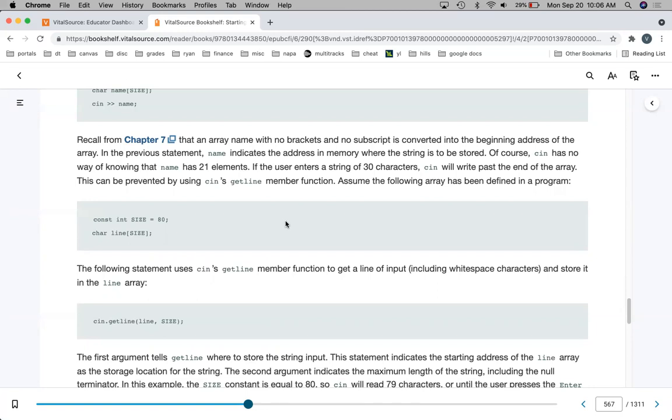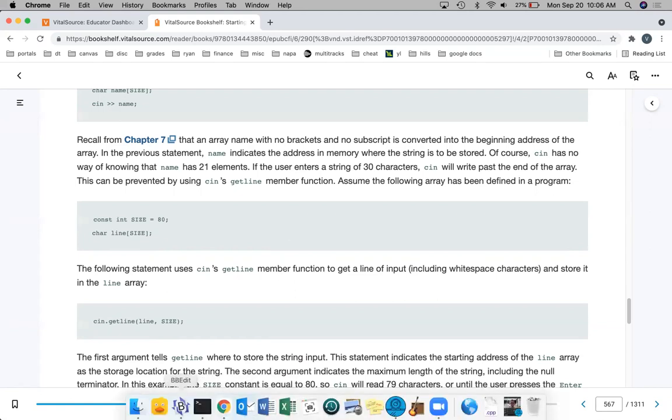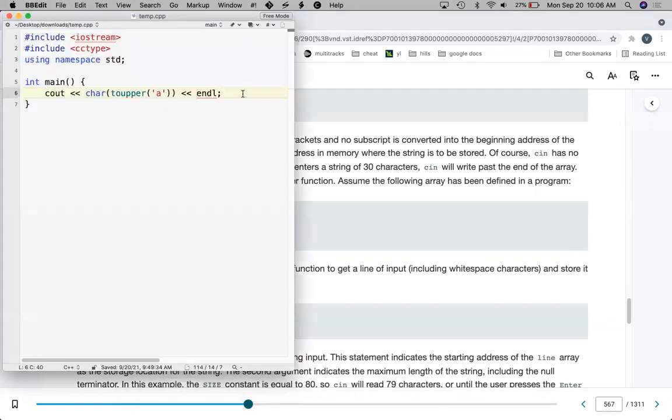One more thing about getLine that he does not talk about in the textbook, but which we are going to use a little bit: if you want to make it stop at some other character instead of the new line character, you can include that as a third argument there. So I could say cin.getLine line size colon,